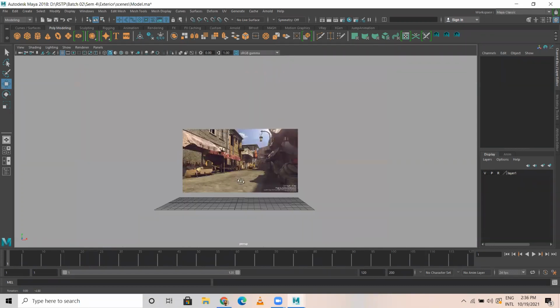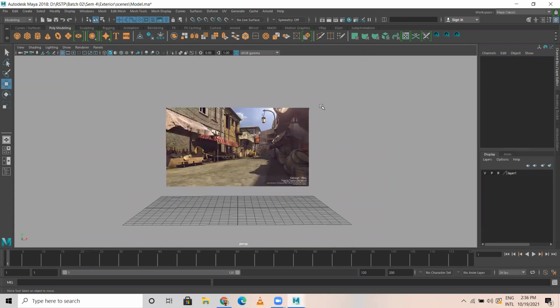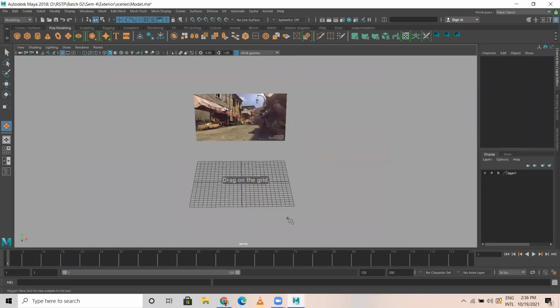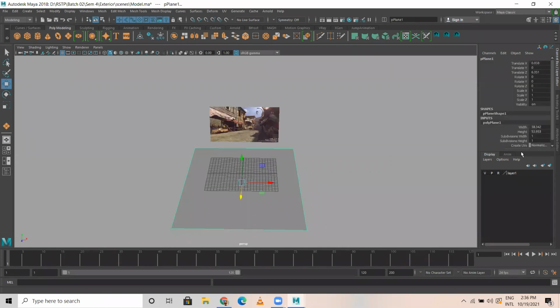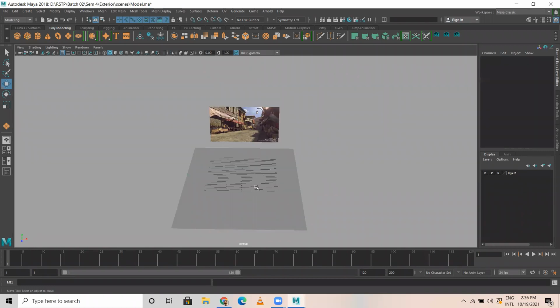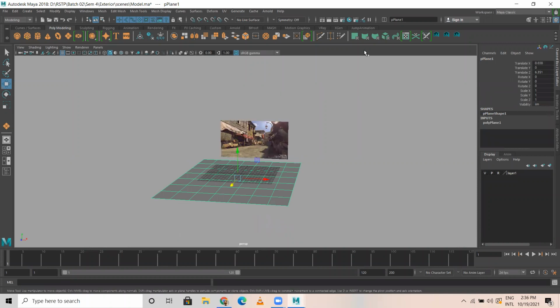Even the perspective is fine for me. So I'll just create a ground first, a base layer somewhere over here. Let me add a few segments, width and height. I think this is fine for me. And always make sure naming is done in advance. You have to name all the models. Whatever you do, naming is mandatory. This is ground.